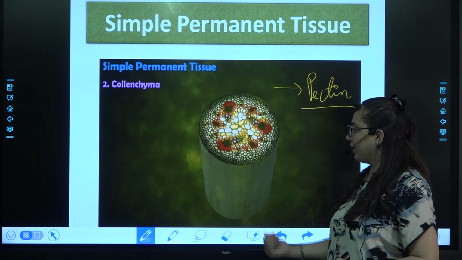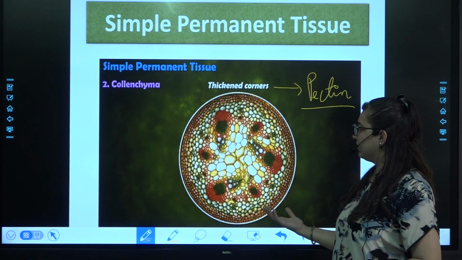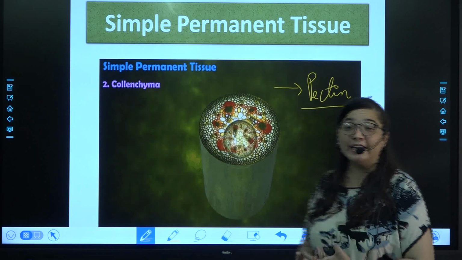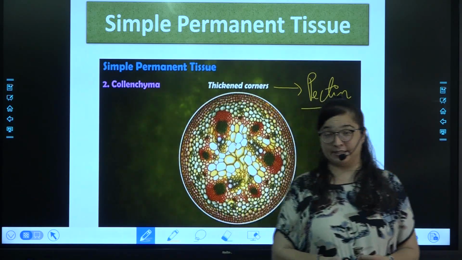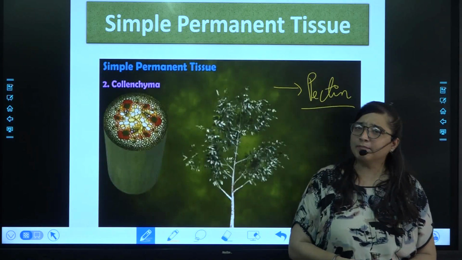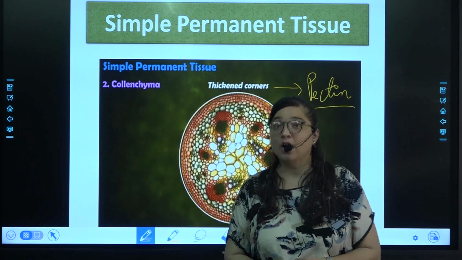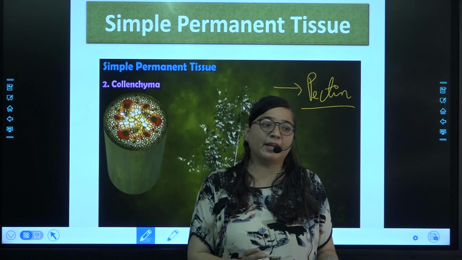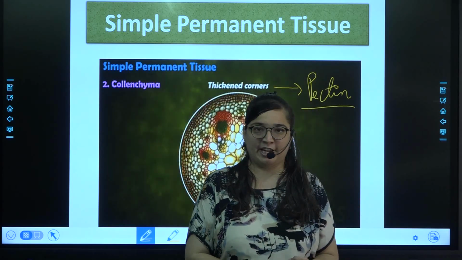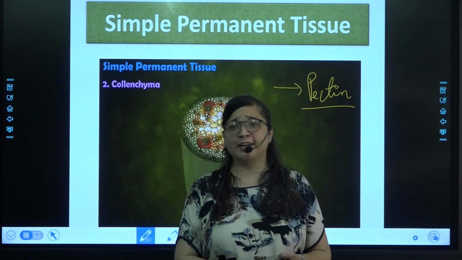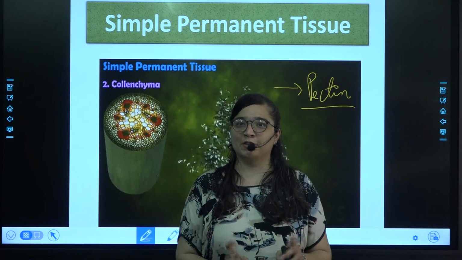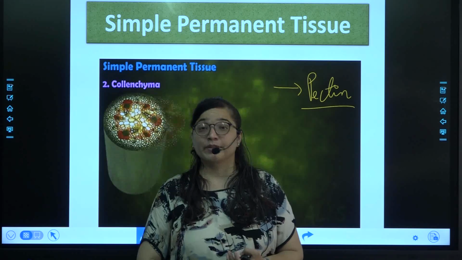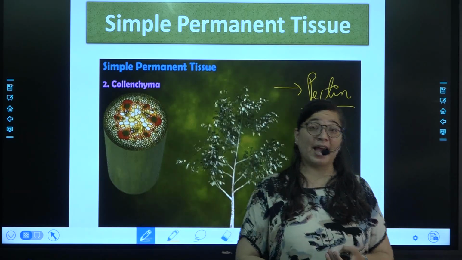And you can see over here in the next image that more wind is blowing, yet nothing is happening to the plant. Many times you must have noticed that with strong wind, the whole plant falls down, but the leaves are not affected. That is just because of the tissues. They are providing the mechanical strength.